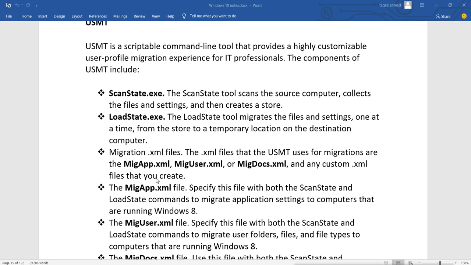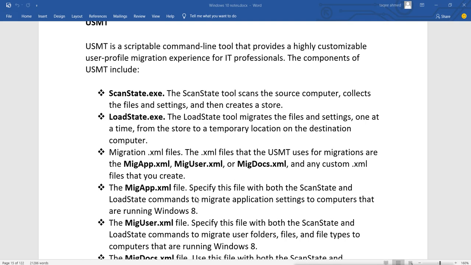Now what do these files do? You specify this file with both the ScanState and LoadState commands to migrate application settings to computers that are running Windows 8 or a previous version. So this will do what? It will have the information about how to take a backup of applications.